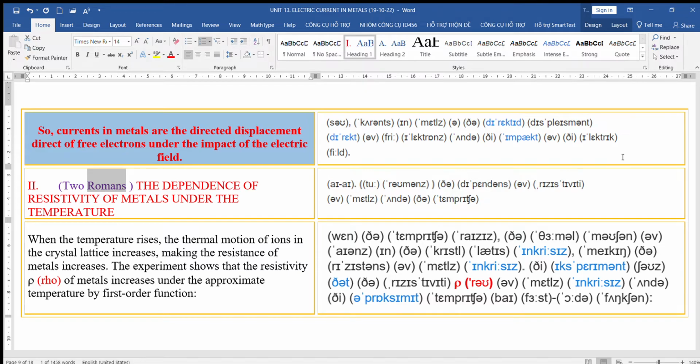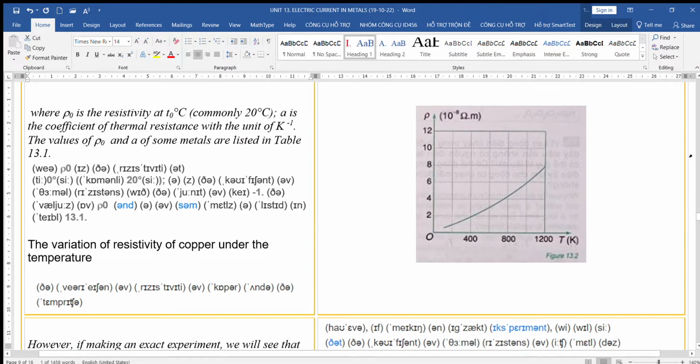2. The dependence of the resistivity of metals on temperature. When the temperature rises, the thermal motion of ions in the crystal lattice increases, making the resistance of metals increase. The experiment shows that the resistivity, ρ, of metals increases with temperature approximately as a first-order function: